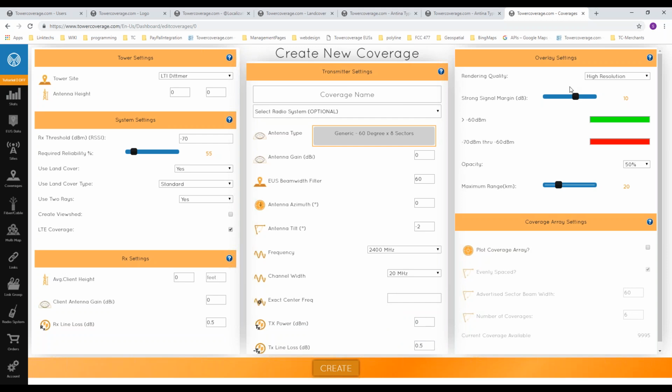Already covered the TX power and the loss. And then up here in the overlay settings, we have the rendering quality. As you're setting up your coverage, if you do them on low resolution, they'll process a whole lot faster. And then once you actually have them all honed in, you've tested some data points, and you've got them set up the way you want, then you can process them on the very high resolution, which gives you the crisper, cleaner maps. And that way it doesn't buffer those edges quite as much, so that way you see